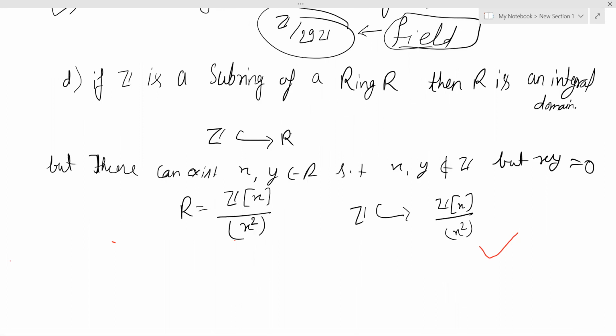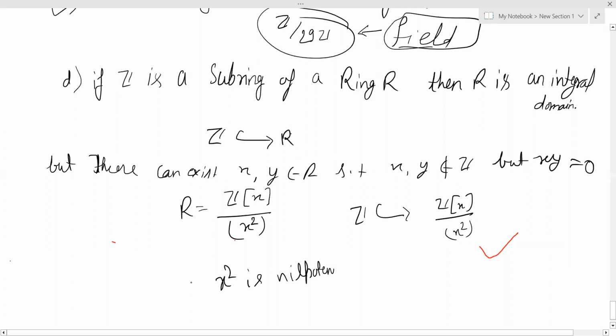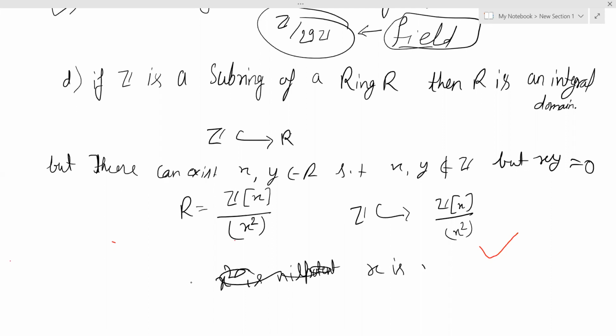So now you can see that x is nilpotent in Z[x] mod x square,